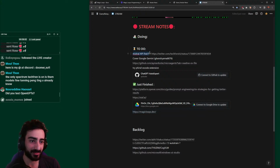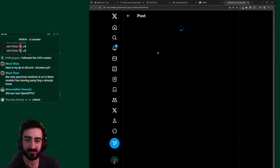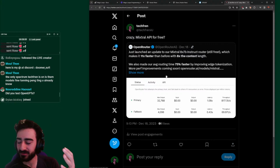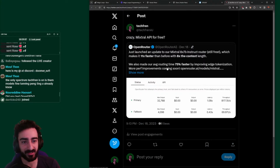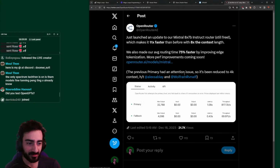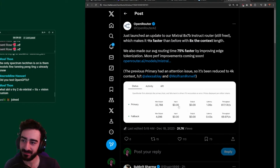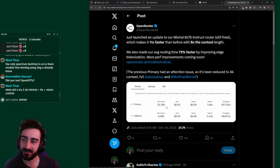Next, Mixtral API for free. Yeah, dude, this one blew my mind. I don't know if you guys know, but Mixtral is the latest hyped open source model, and it can perform just as good as GPT 3.5. And they have an API thanks to OpenRouter. And you know how much this API costs? $0.00 per token, per 1,000 tokens, per million tokens. How crazy is that? So I was thinking maybe I could try